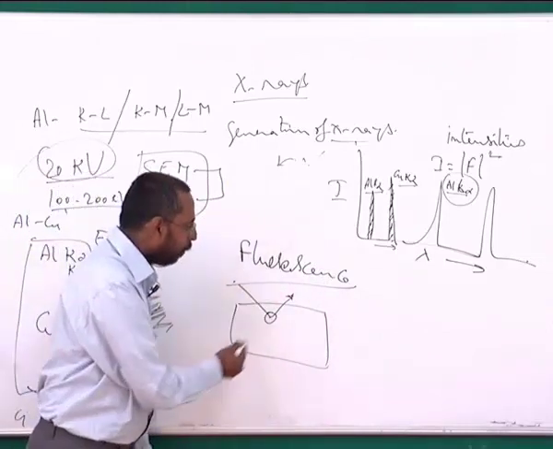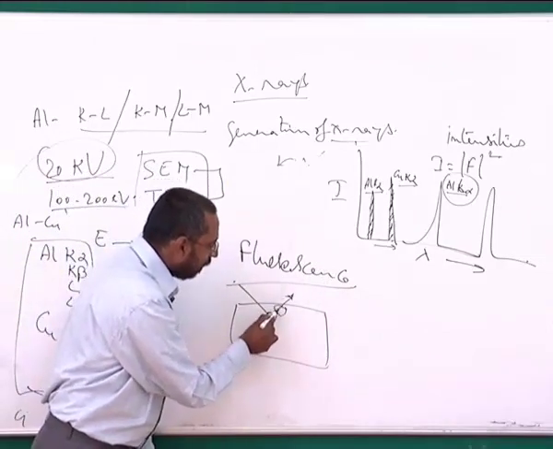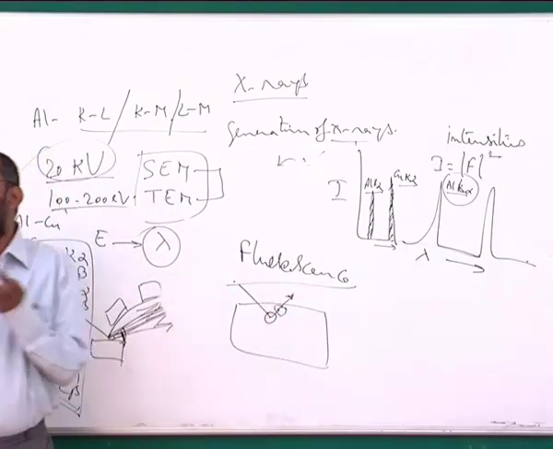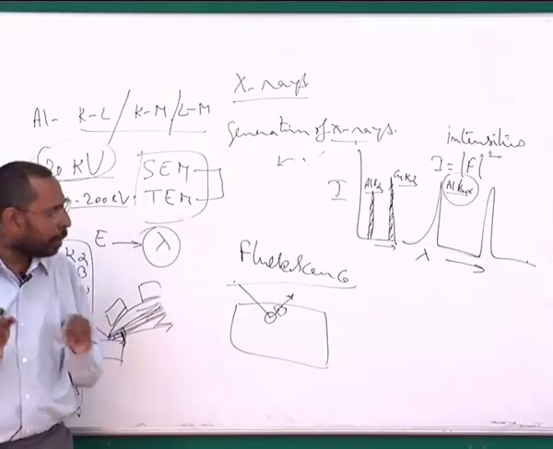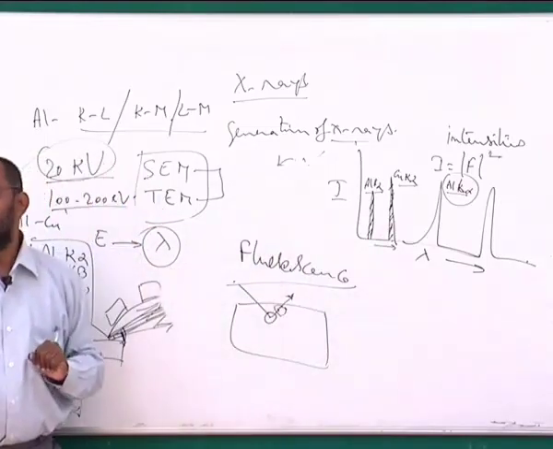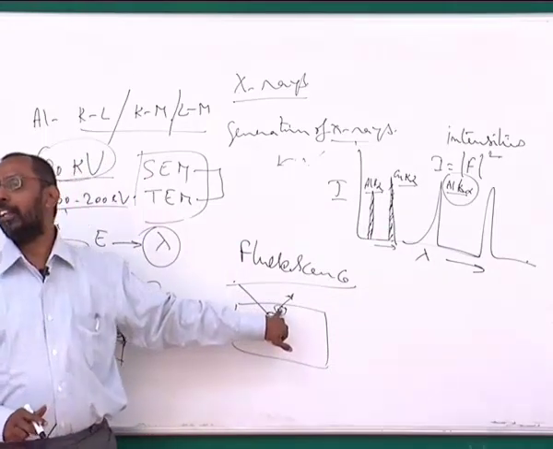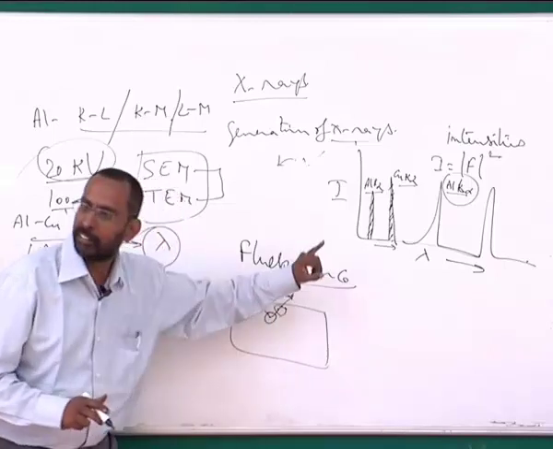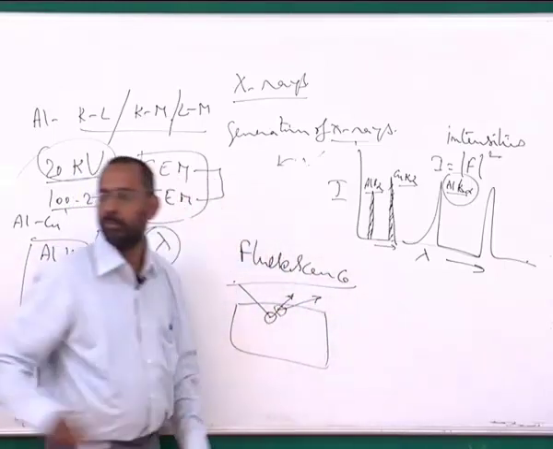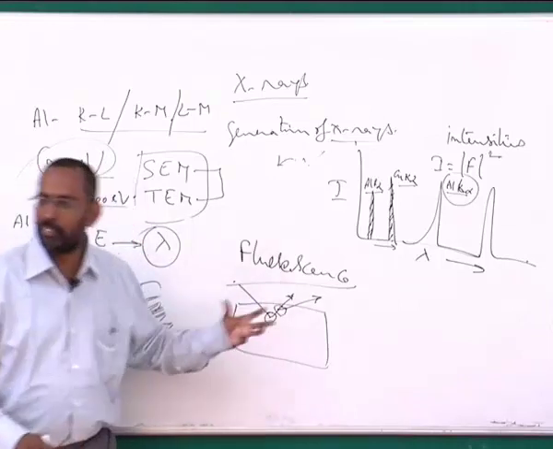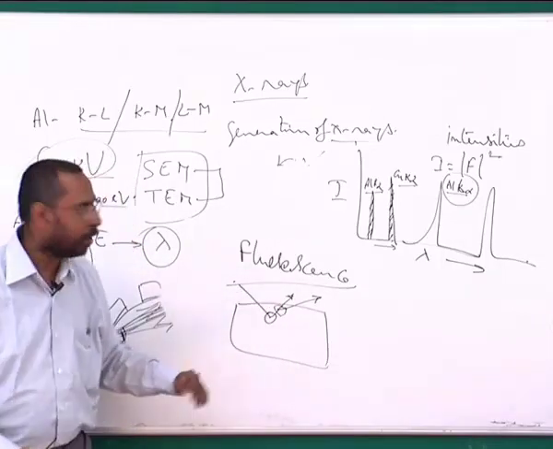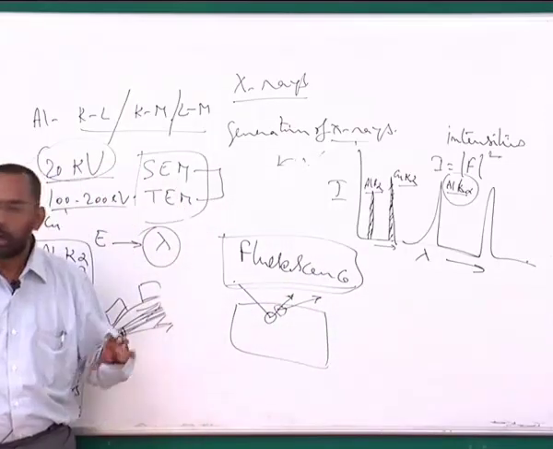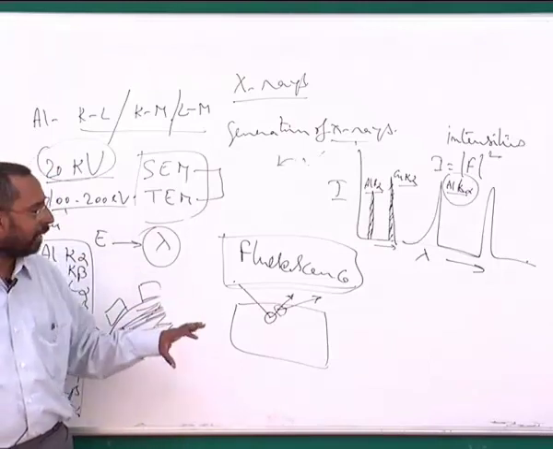When the X-rays are coming out, these X-rays may interact with the region here. And some of these X-rays, because they are also energy radiation, may be used to knock off an electron from some other atom which is sitting there. So it loses its energy, and you are not actually detecting this X-ray that is coming out. Maybe some other X-ray may come out. As a result, you are losing the energy of this X-ray beam which is coming out, and this loss of energy is what we call fluorescence, and one needs to correct for this fluorescence to be able to exactly know what is the